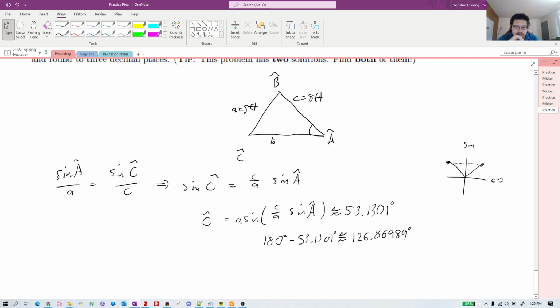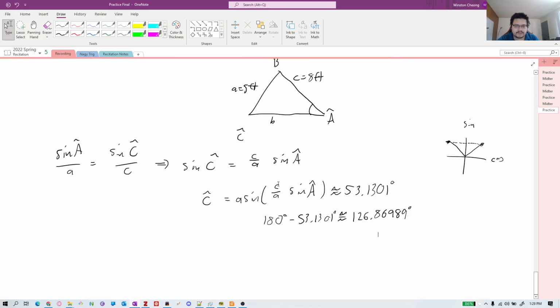It's hard to express using this, but let's just go ahead and do this. So for C, we'll have two different cases. So first, if C is